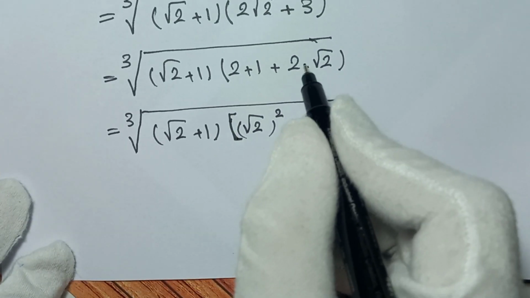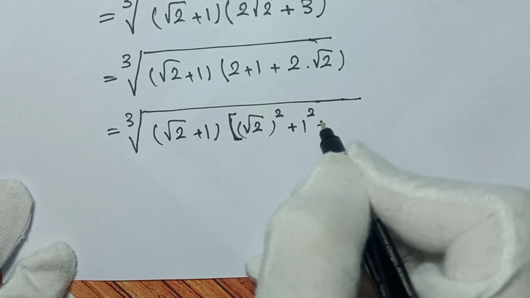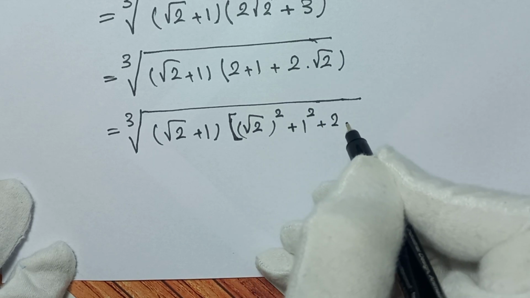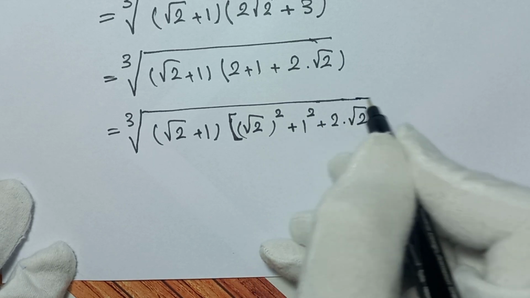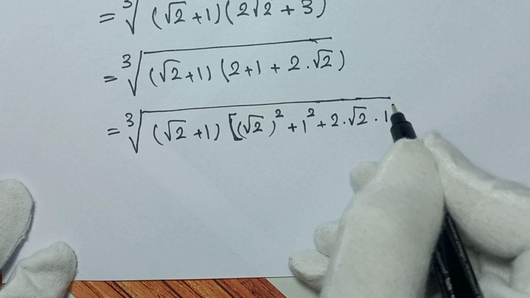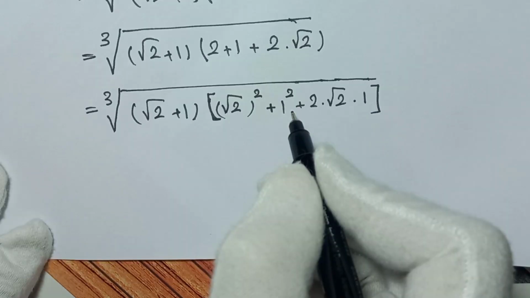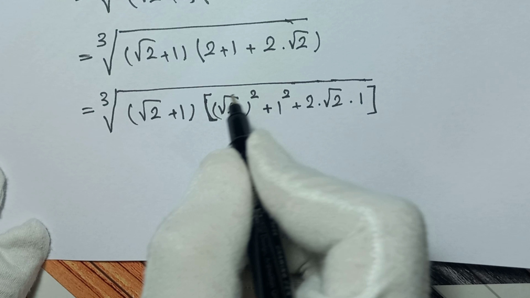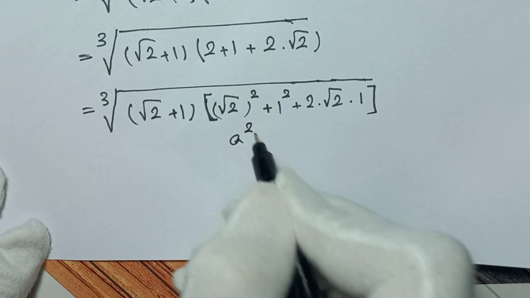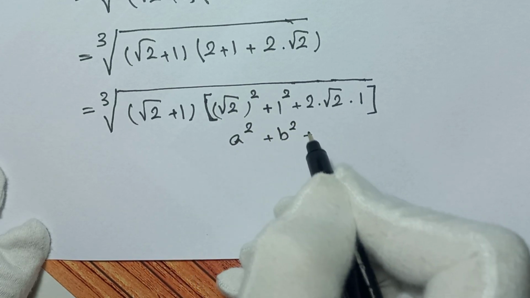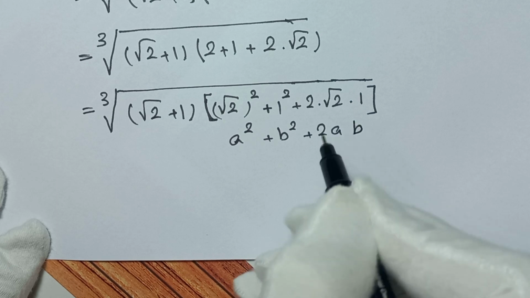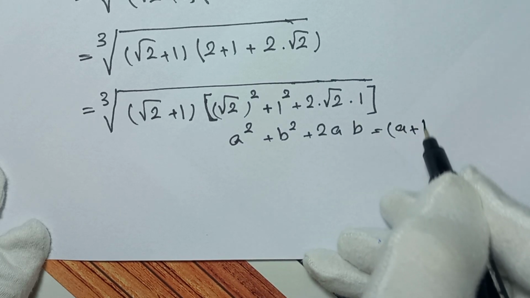And in here, we can write 2 square root of 2 as 2 times square root of 2 times 1, right? So, if you look at this part, this is in the form of a squared plus b squared plus 2ab,